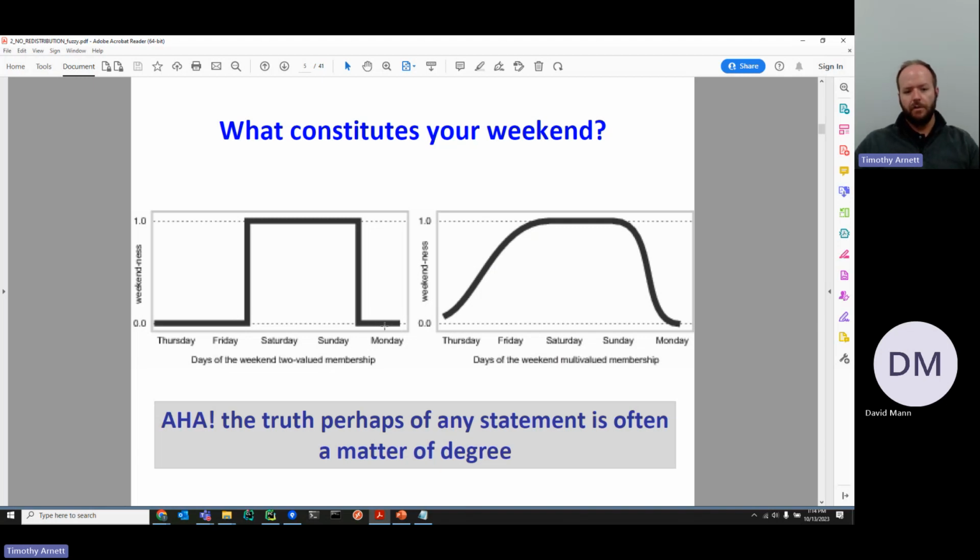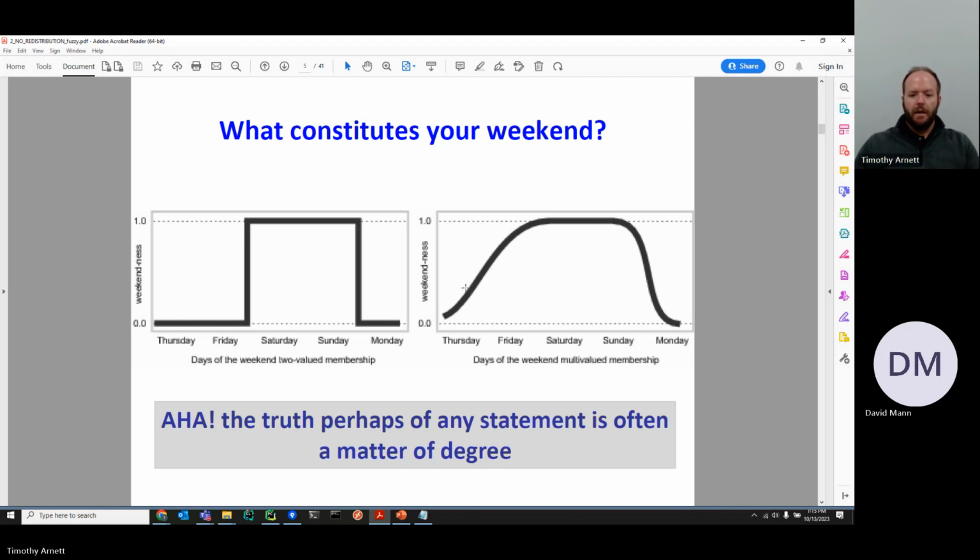So this is what's known as a membership function. This is a visualization of a function that describes your membership in the set of weekendness. And in a Boolean membership function like this, or a classical set, you just have these discrete jumps from 0 to 1 and then back down. So you just have these step functions that go all the way up to 1 and then back down.